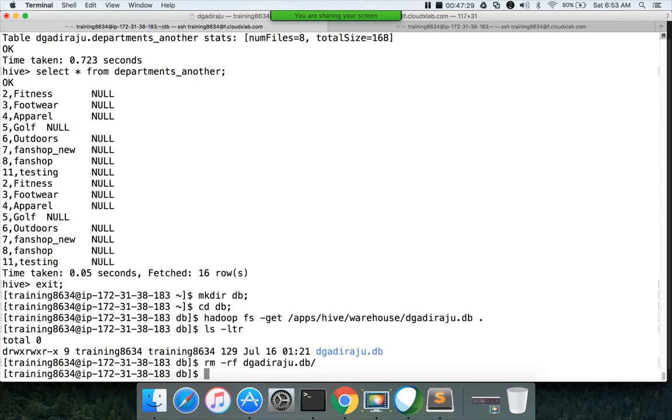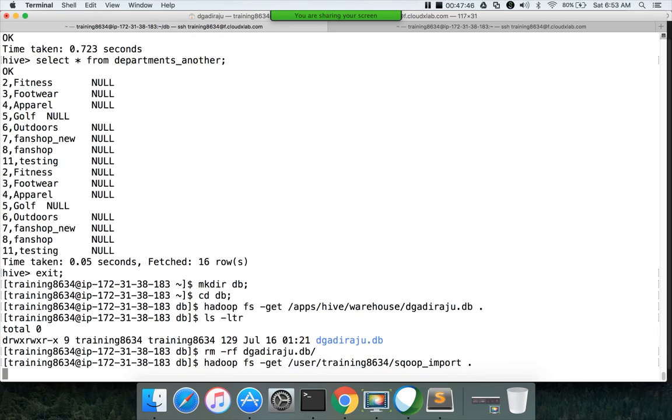I have to actually do hadoop fs -get user training 8634 sqoop import. Now I am trying to copy the Sqoop import, not the Hive database, because in the Hive database apart from the departments table there is no data at all.